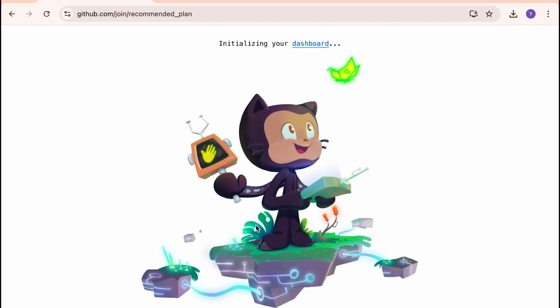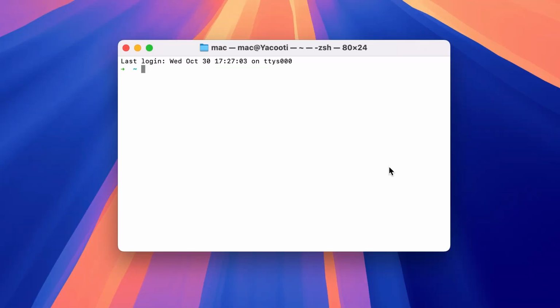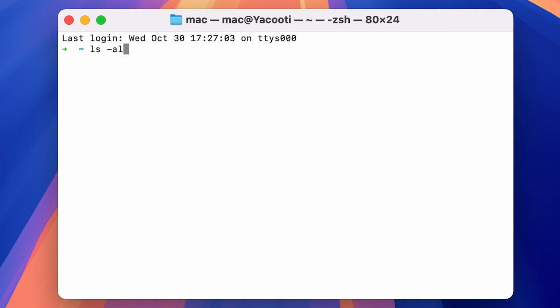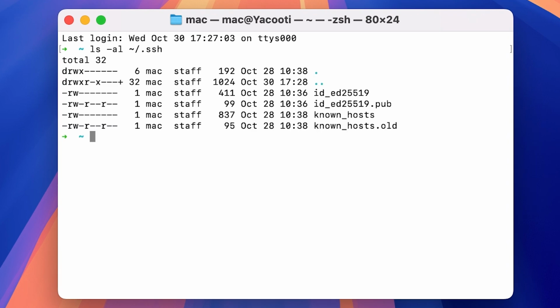Next, we'll set up SSH keys, which allow you to securely connect to GitHub without needing to enter your password every time. Start by checking if you already have an SSH key. Open your terminal and type the following command: ls -al ~/.ssh. If you see files like id_rsa and id_rsa.pub, or